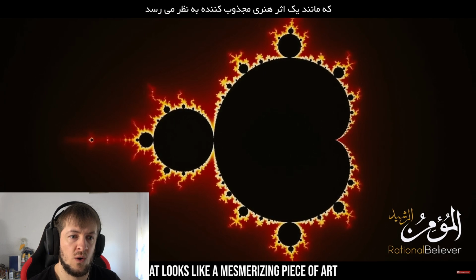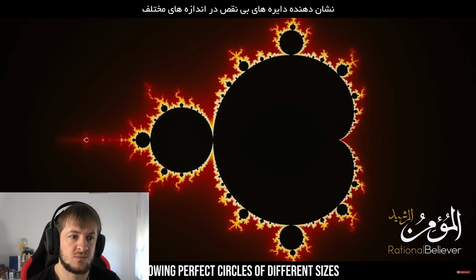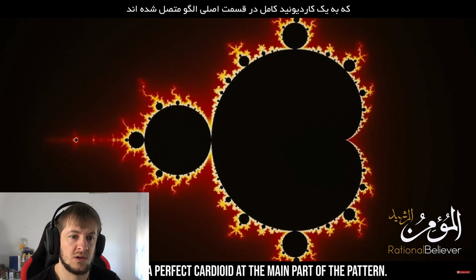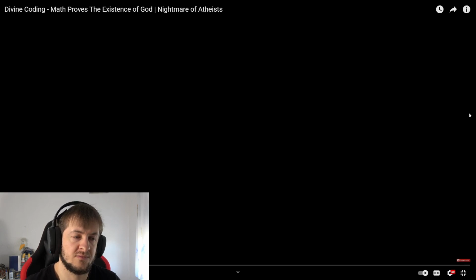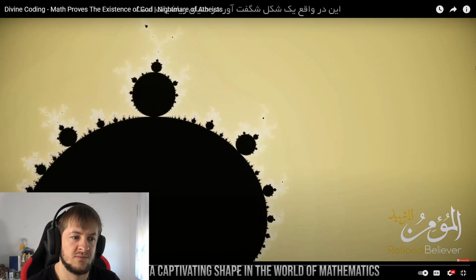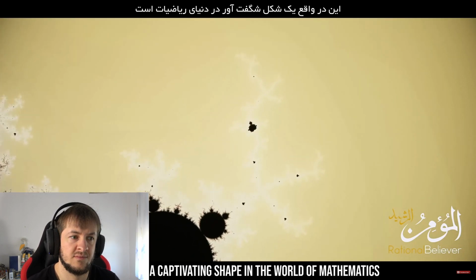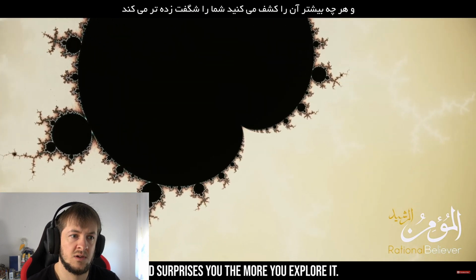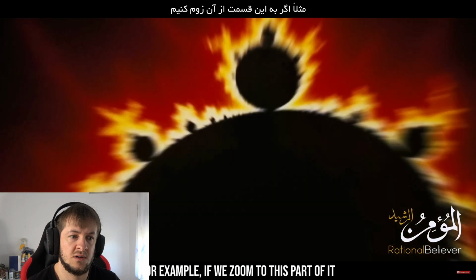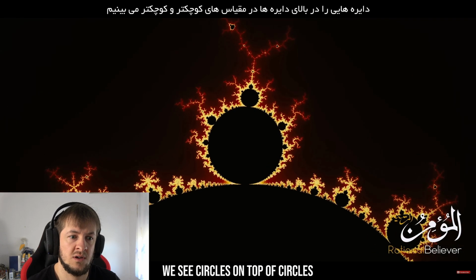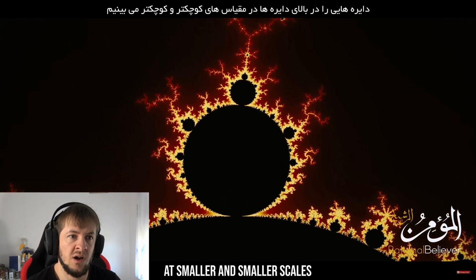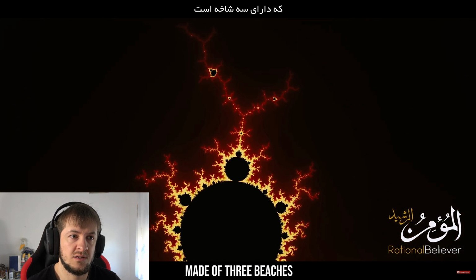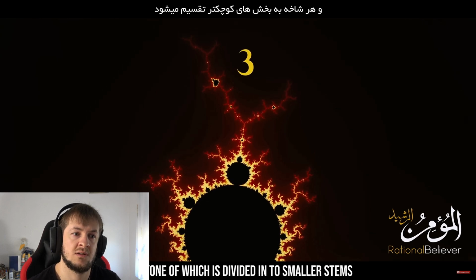That looks like a mesmerizing piece of art, showing perfect circles of different sizes attached to a perfect cardioid at the main part of the pattern. It is indeed a captivating shape in the world of mathematics that keeps revealing new patterns and surprises you the more you explore it. For example, if we zoom to this part of it, we see circles on top of circles and smaller scales. And it goes out and forms this little tree made of 3 branches, every one of which is